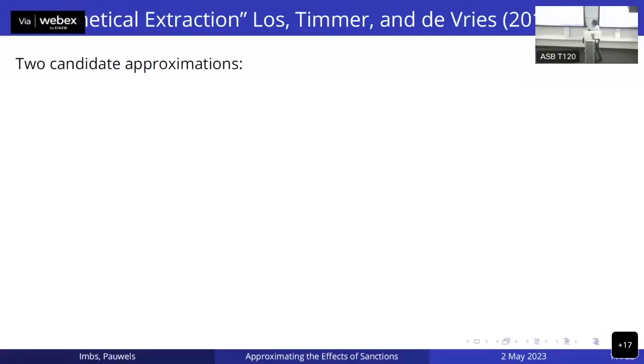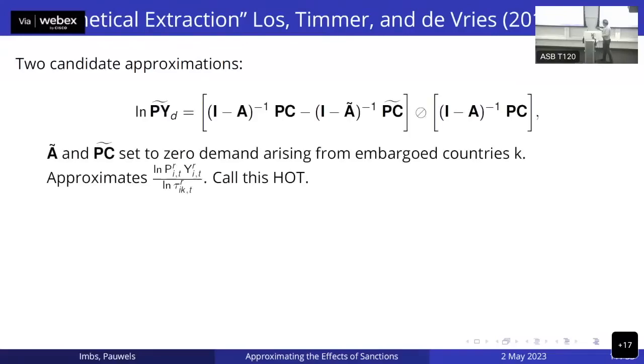So first of all, how do we do this? Well, we've got two candidate approximations. We're going to use hypothetical extraction, and we have two candidates, one upstream and one downstream. If we start with the downstream measure, this matrix A is the input-output data. It's the direct requirement matrix. And this is nominal output as a function of the final use at different orders. You have a higher order here because it's captured by the Leontief inverse. This part here is nominal output minus, this is the first term, and the second term is